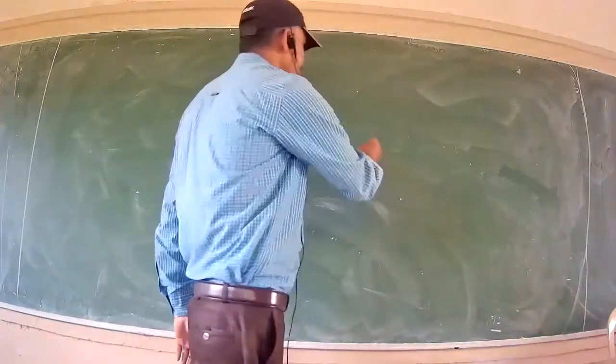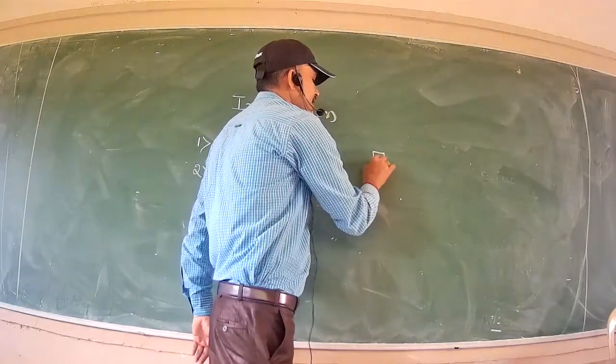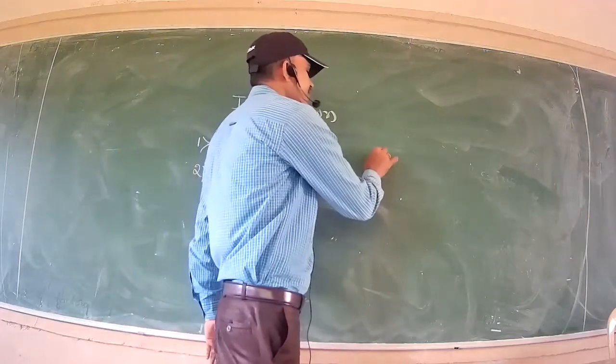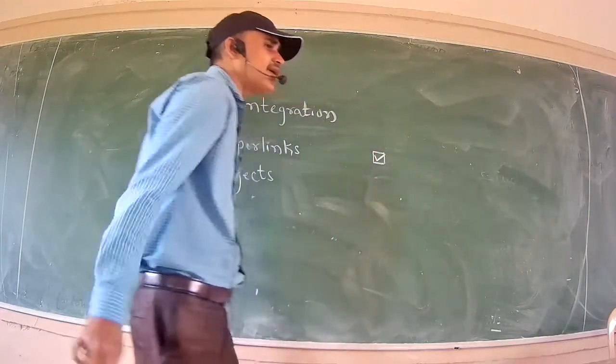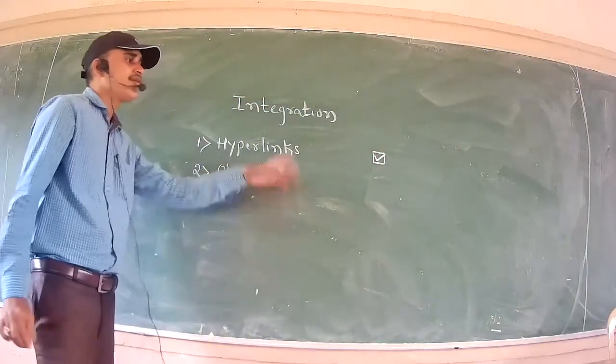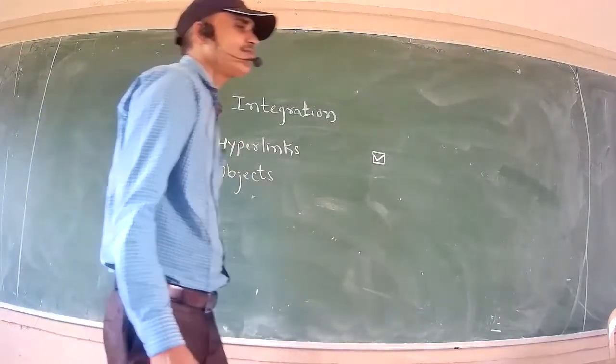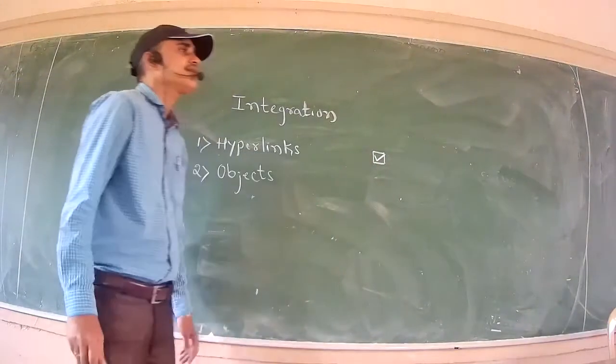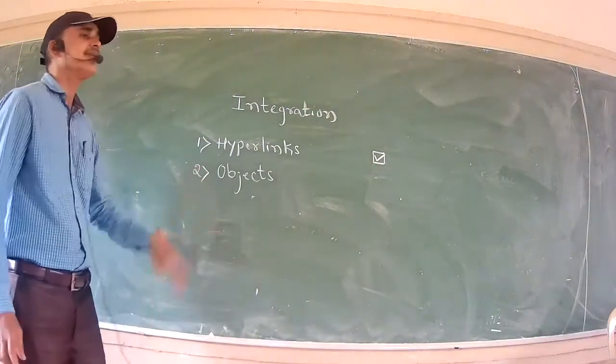This type of object displayed in the dialog box is called a checkbox. In the checkbox, if you click with the help of the mouse, then a right mark appears there. The Link to file checkbox is available. Just click there. Then what happens? It is inserted as the linked object.